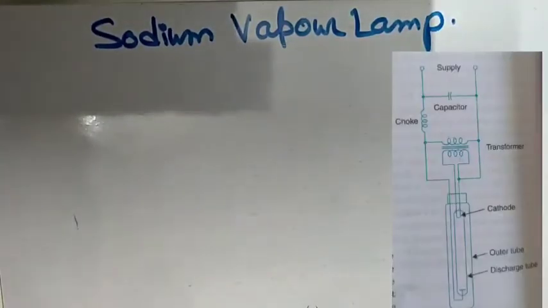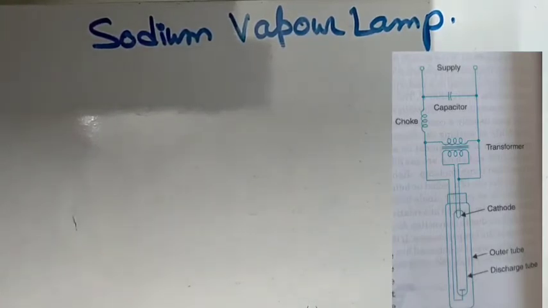Now, a sodium vapor lamp consists of an inner bulb of special glass containing sodium and an inert gas, either neon or argon, at a pressure of 1.5 mm, and is fitted with 2 filaments. This is enclosed in a larger bulb which is evacuated to prevent the escape of heat as much as possible.